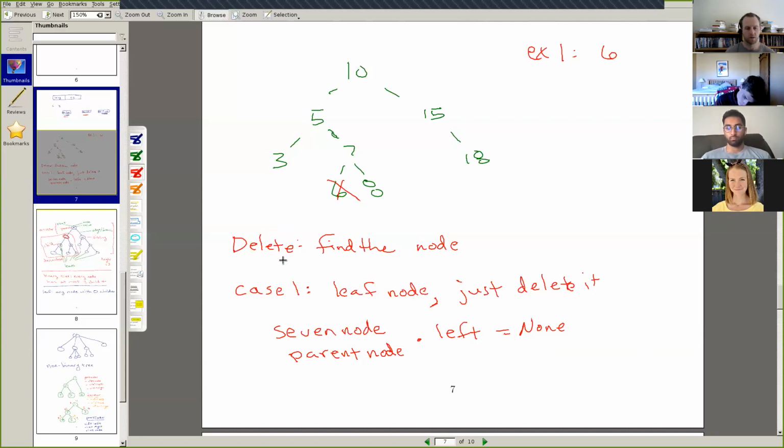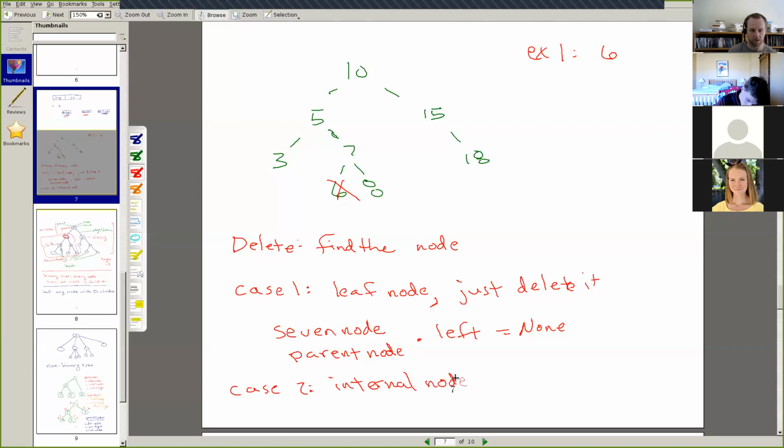Okay, so case 2. The node is not a leaf node, so we'll just say not a leaf node or internal node.